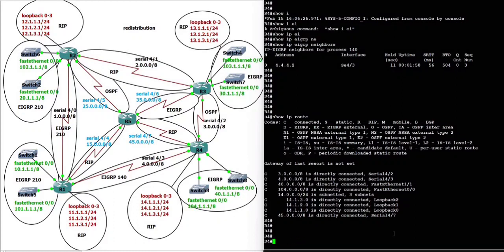Okay, now we configure the redistribution on router 1. Here we have protocols running: EIGRP 140, EIGRP 210 and RIP. Okay, here we have 3 routing redistribution. Okay, so on router 1,